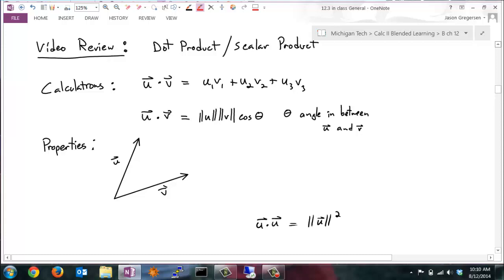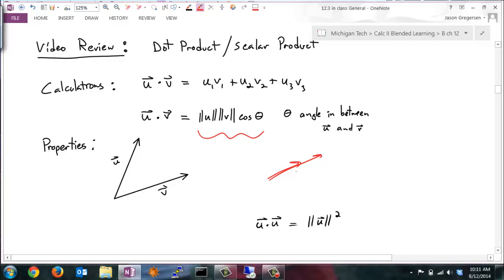And then for each of these different definitions, there were associated properties. What is this actually telling me? And the big geometric properties has us looking at our geometric definition and choosing some important theta values. If we just look at that definition and ask what happens when theta is 0, if I have two vectors that are perfectly aligned, like this,